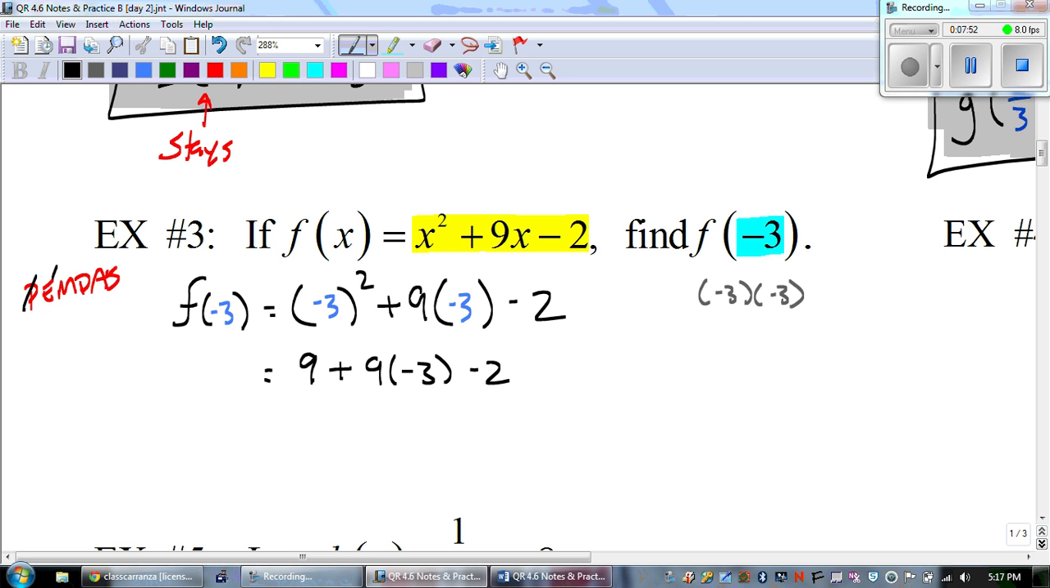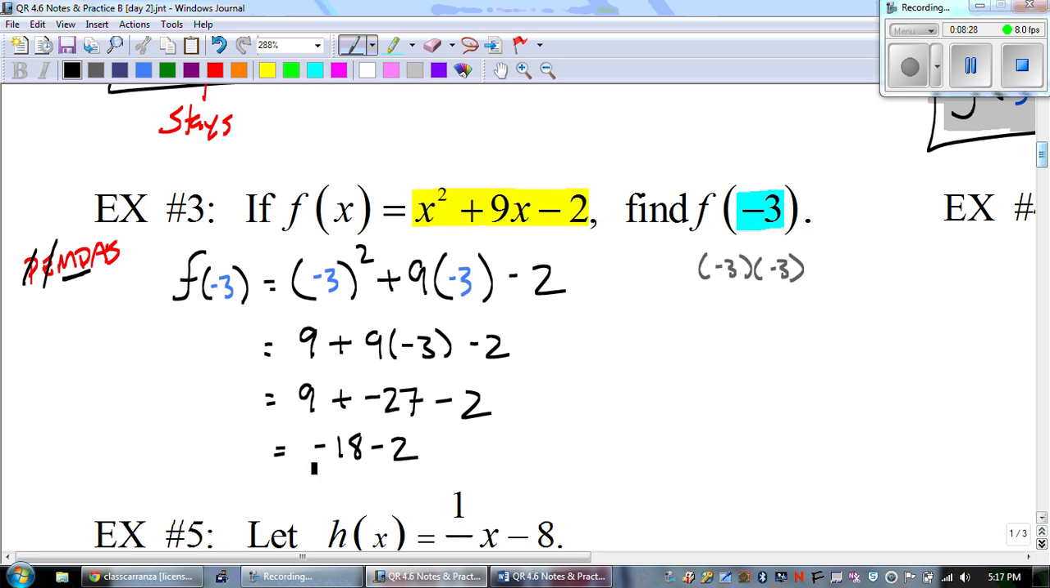So after we do exponents, the next is multiplication or division. We can do 9 times -3. 9 times -3 is, that's right, 27. And now all we have is addition and subtraction, so we can go left to right. 9 plus -27, or just 9 minus 27, is -18. And then -18 minus 2 gives us